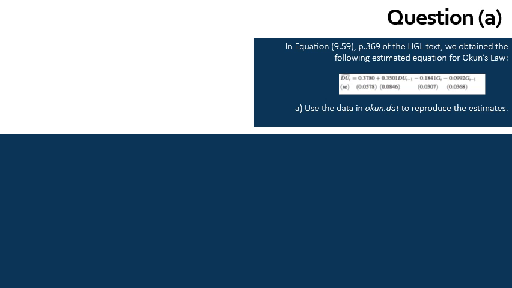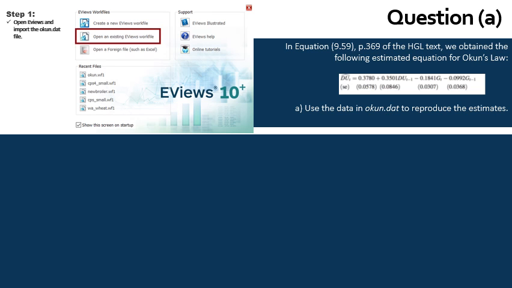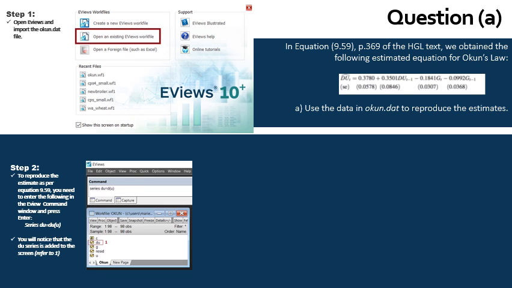Now, to be able to do that, we need to open up EViews. Once we've got that open, we need to click on Open an existing EViews workfile to be able to import the file we're looking for. Step 2 is to start to reproduce the estimate. So we will need to put in a series formula in the command window. You will notice that once that's been put into the command window and we've pressed enter, DU will appear